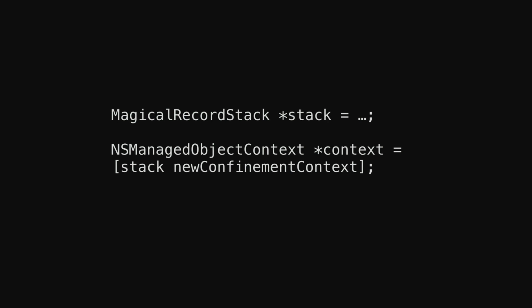And again, to vend a new context, just get a confinement context. It turns out the old way of saving data in Core Data was with just a regular old managed object context in thread isolation mode. Those are now referred to as confinement contexts. They are non-threaded, non-queued. They're just classical. It's really the old way that Core Data used to work.